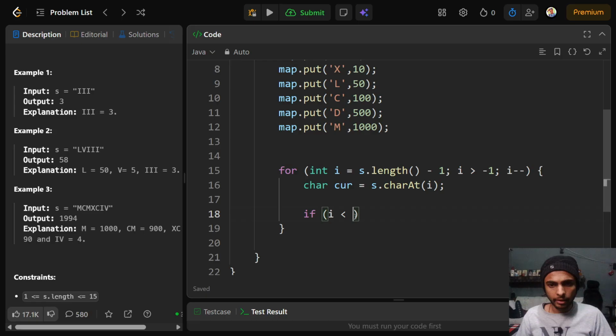While I is smaller than string's length minus 1